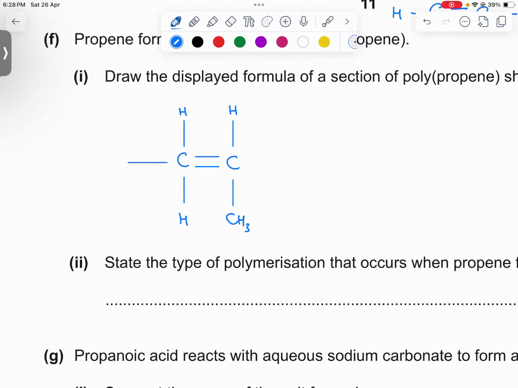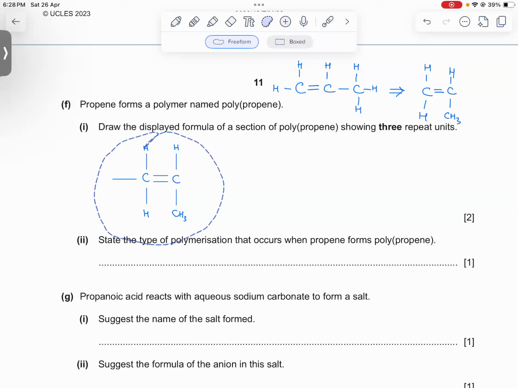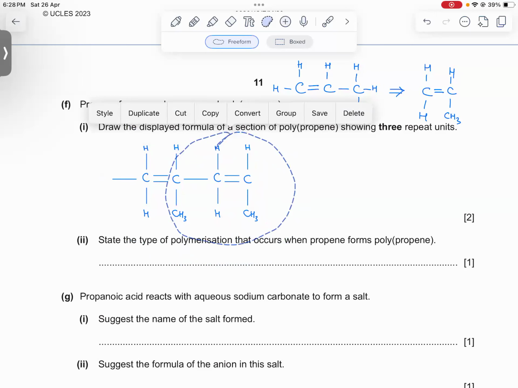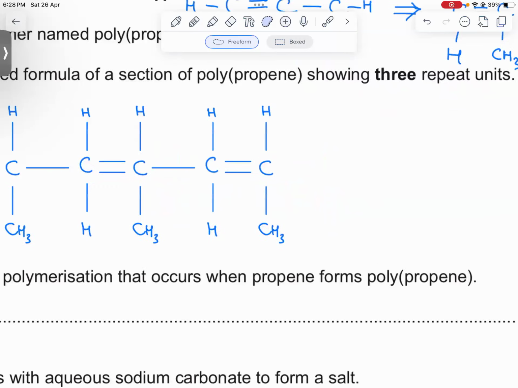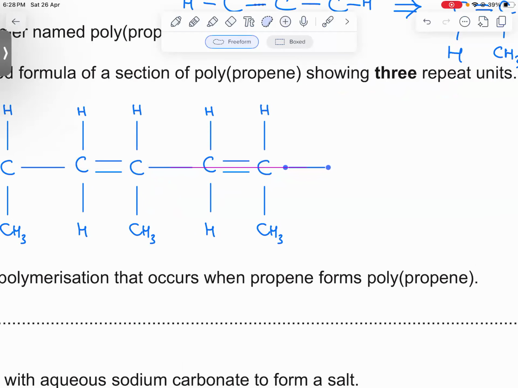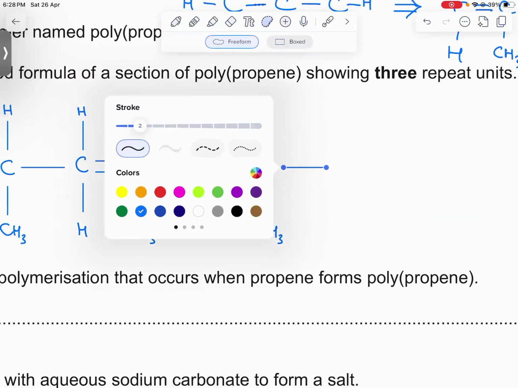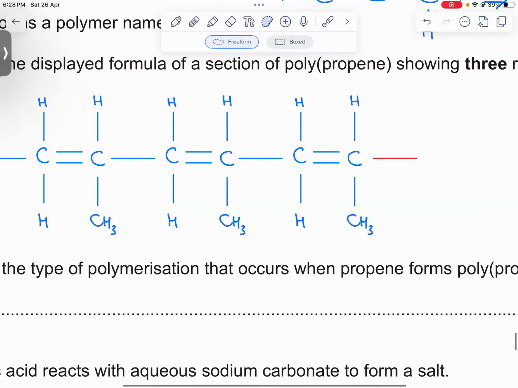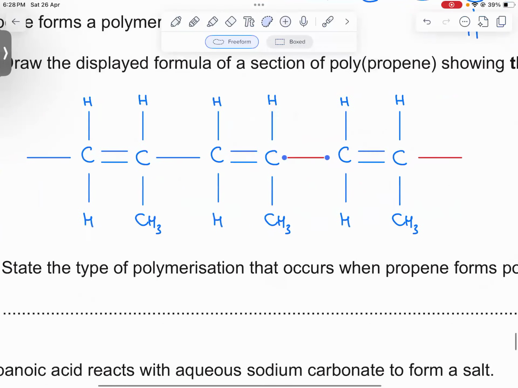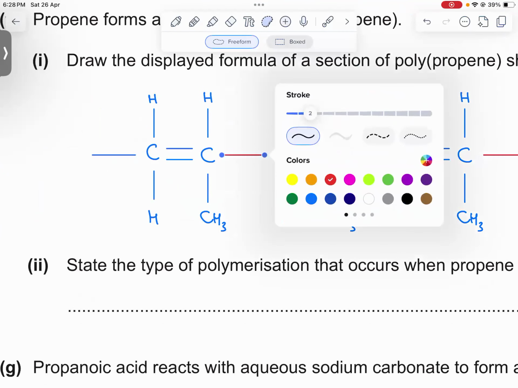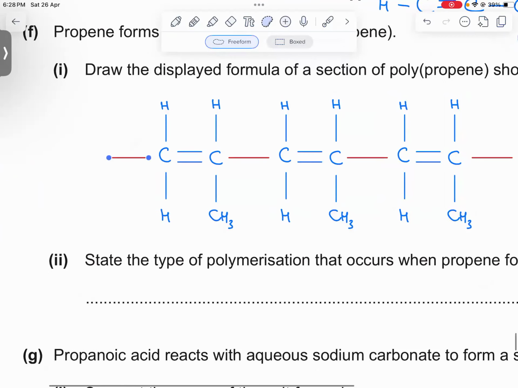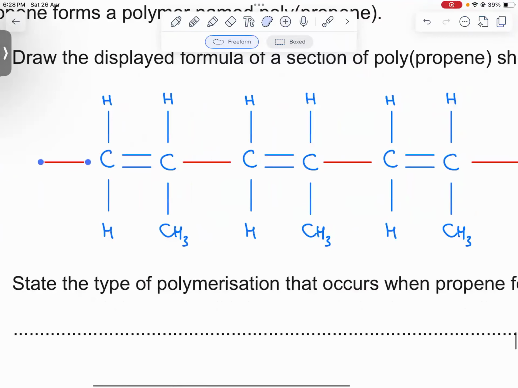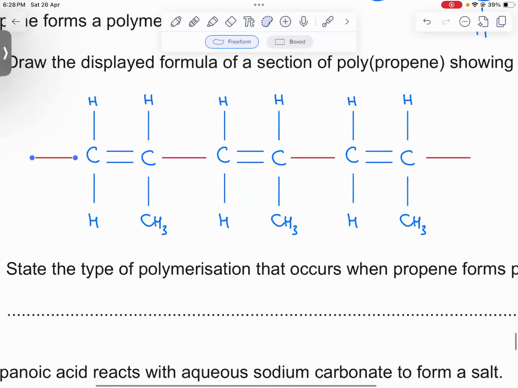All right. And then we want to draw 3 repeat units, so we will just draw 3 repeat units, like this, and then like this. And if you want to highlight in your exam, you can have these in red or some other color. I mean black, you can have them. Or if you do it with pencil, just have them highlighted or something, to show that these are the repeat units. These are the bonds that are joining the monomers. These were previously the double bonds, they are not the double bonds anymore. Okay, so this is how you do it.